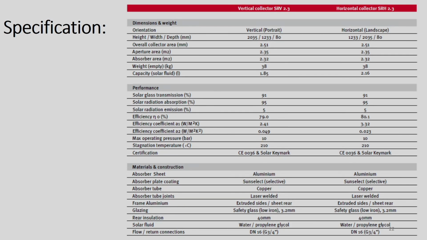And this slide shows the specifications of a commercial flat plate collector. So all the information is here. As you can see, overall collector area, aperture area, absorber area, weight capacity, then the solar glass transmission, solar radiation absorption, solar radiation emission, then efficiency and efficiency coefficient, okay, maximum operating pressure, stagnation temperature, and then material and construction, the kind of material, absorber sheet, it is aluminum, absorber plate coating. So what kind of coating, it is a selective coating, we will discuss those selective coatings maybe in the next class. Then absorber tube, what kind of tube material is used as an absorber tube. Then frame, glazing, all the information we must know when we go for purchase of this kind of solar flat plate collector for maybe commercial purpose or maybe for